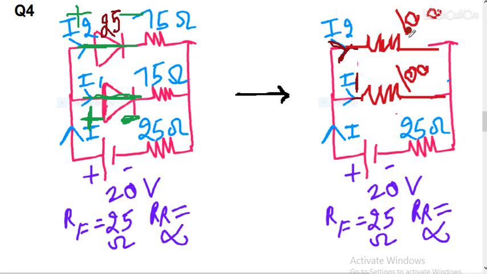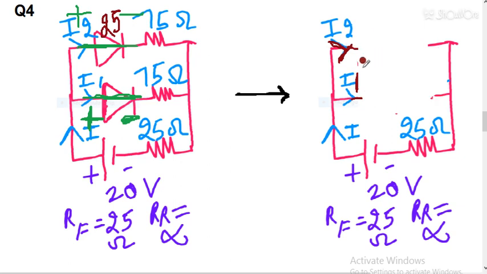Now this 100 and 100 in parallel will give me 1 by 100 plus 1 by 100. If you know the formula for parallel, then you can easily calculate. So this 100 and 100 after combining will give me one resistance of, here you can see, let me change this circuit. So it will give me